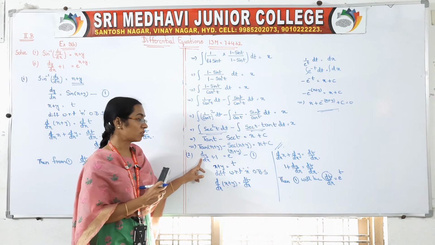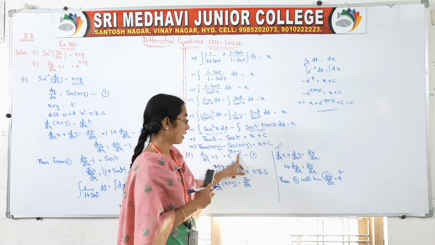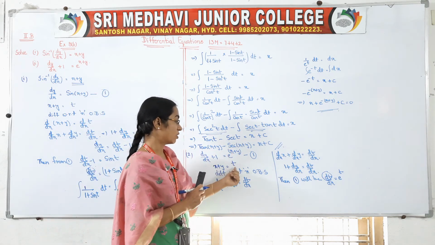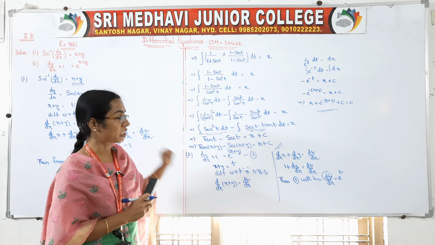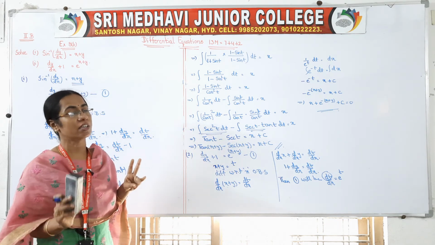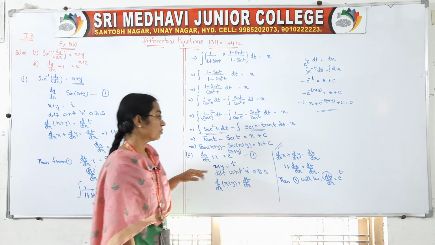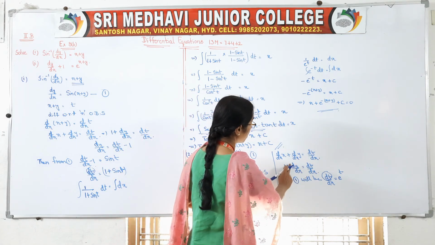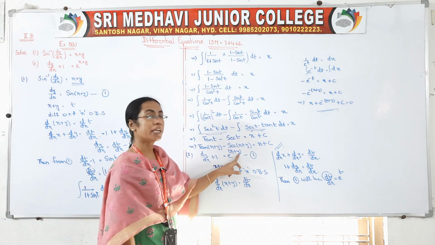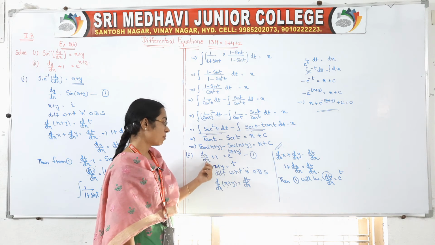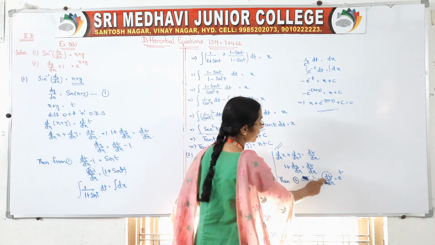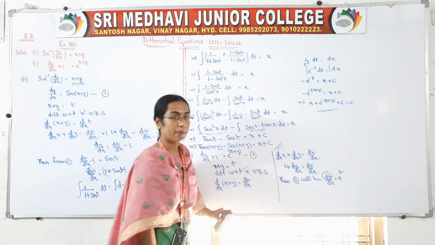Okay, so next, the second question also: e to the power of x plus y, right? So how can we change this one? You take x plus y is equal to t, differentiating with respect to x. That means whenever t is there, your problem variables will be t and x, not x and y. Okay, so I will get dt by dx as 1 plus dy by dx, and what is the question given to you? dy by dx plus 1 is equal to e to the power of x plus y. We got dy by dx plus 1 as dt by dx. So substitute it, you will get dt by dx is equal to e to the power of t, right?